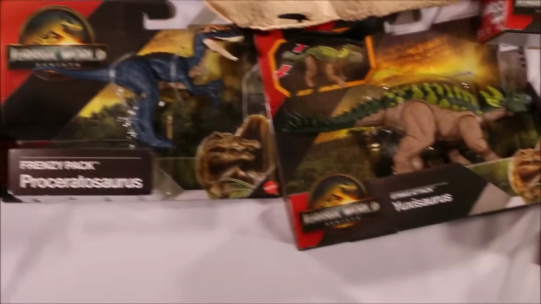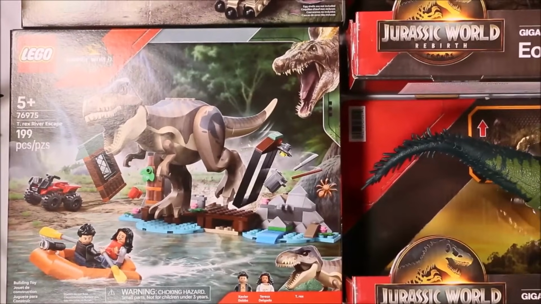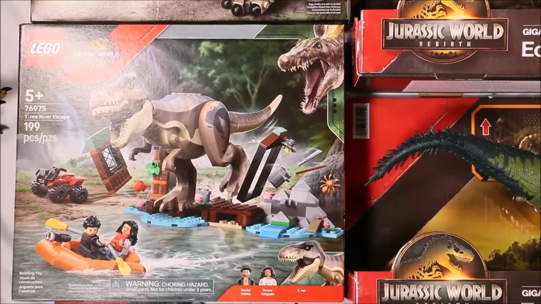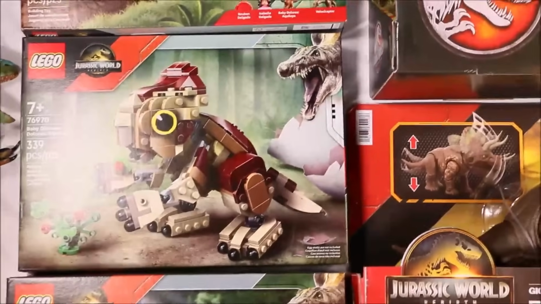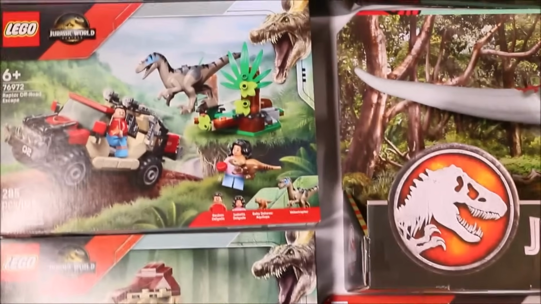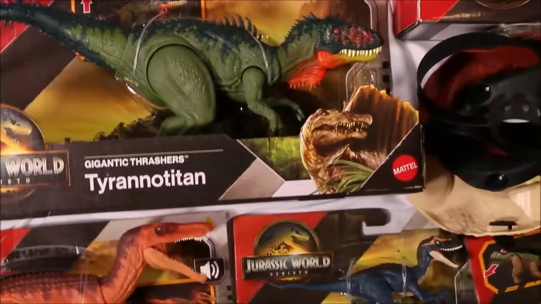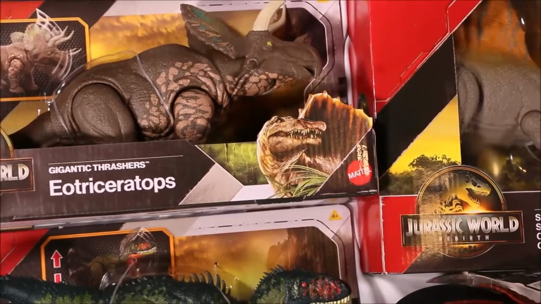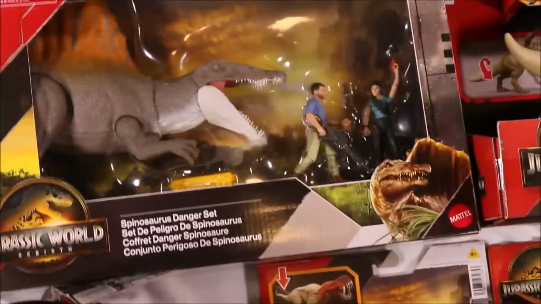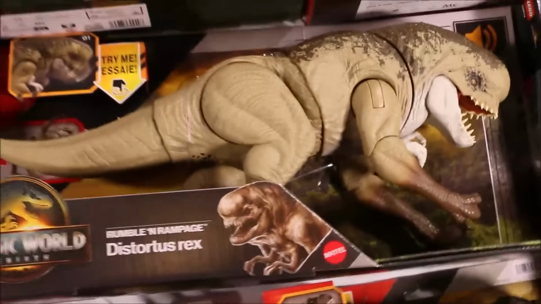Utahraptor, Proceratosaurus, Baryonyx, Tapogera, Lego T.rex River Escape 76975, Lego Baby Dinosaur Dolores Aquilops 76970, Raptor Off-Road Escape 76972, Lego Gigantic Thrashers Tyrannotitan, Gigantic Thrashers Eotriceratops, Spinosaurus Danger Set, the Rumble and Rampage Distortus